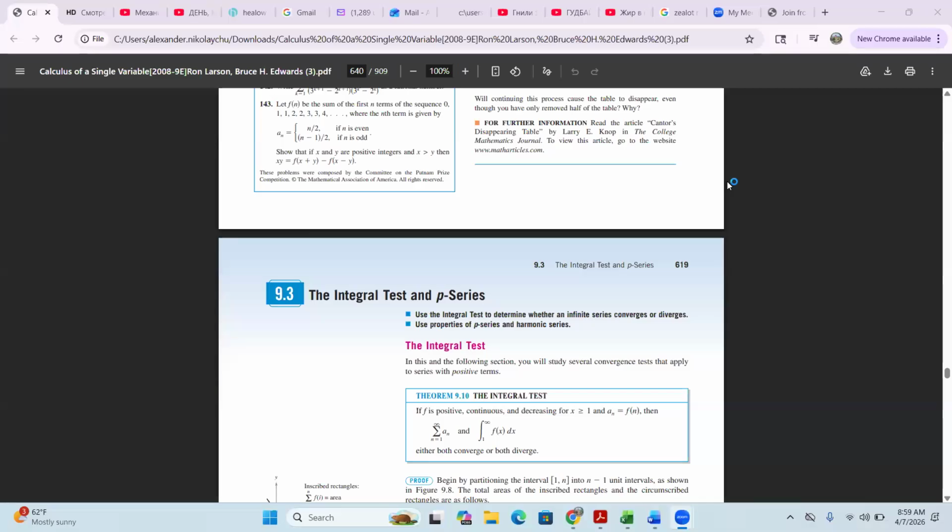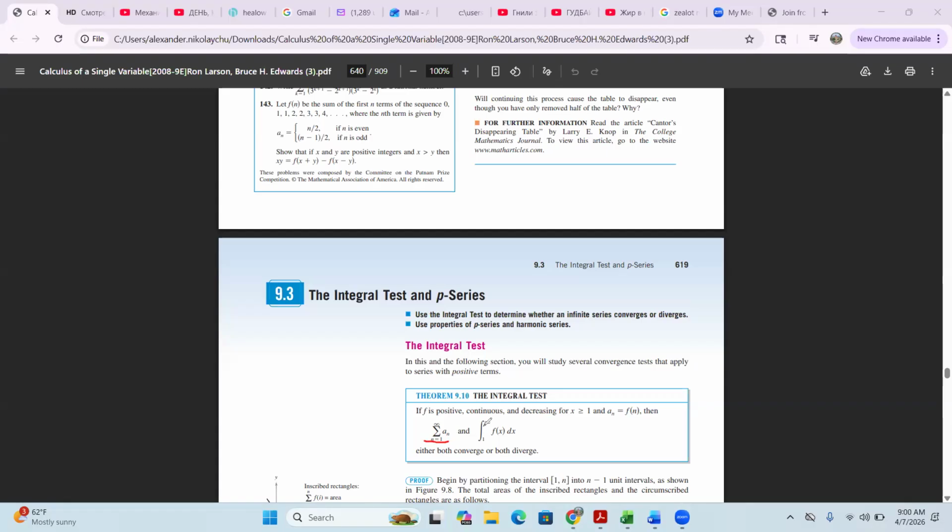9.3 discusses, again, convergence of the series, and we already know what that is. Series, the sum of infinitely many terms, right? And it turns out that what you can do is related to convergence of integral. The reason is we can definitely get the